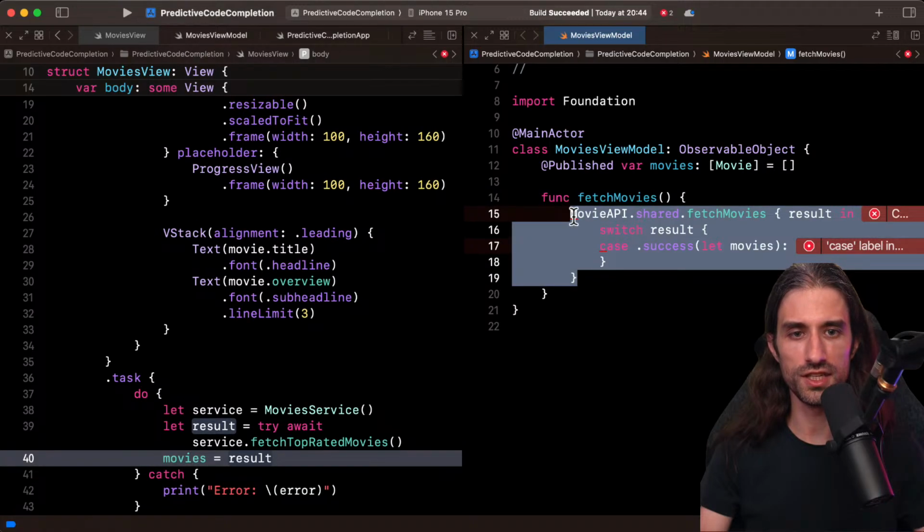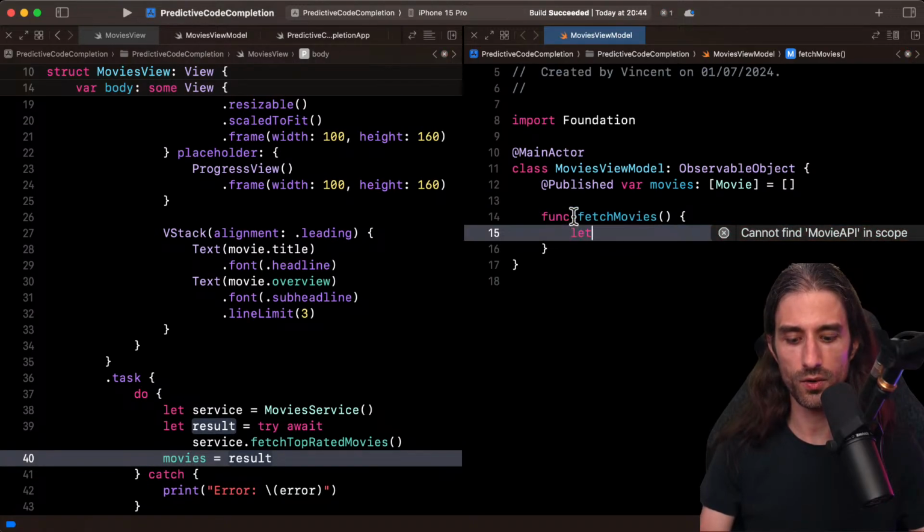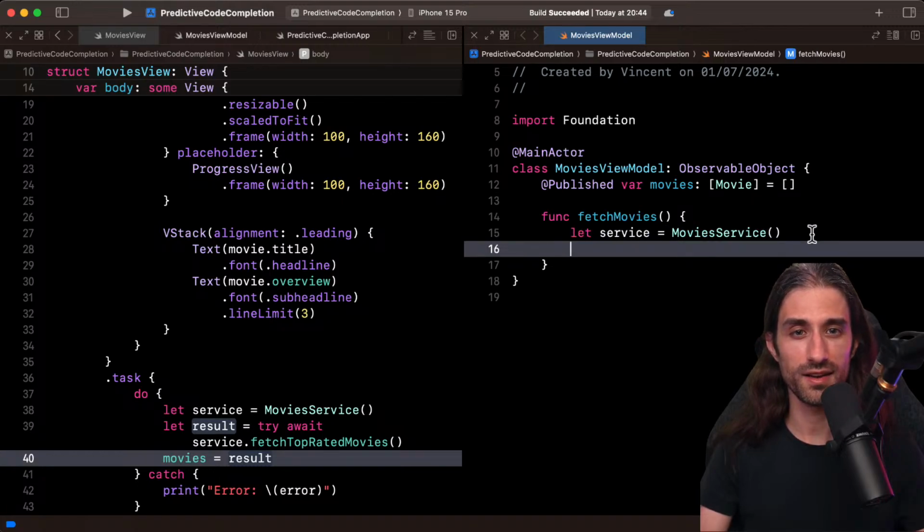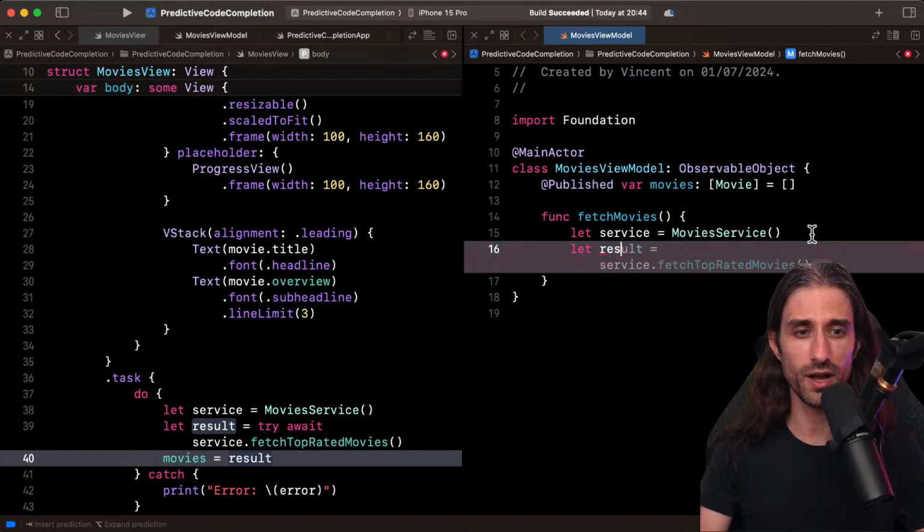Yes, I'm going to change this. I'm just going to try and write something like let service, just to see if it can take a cue from it. So you can see it still generated movie service without an S, which I did add. So I guess I didn't name it as the majority of people would name it. It also shows that with this kind of predictive code completion, as soon as you do something that is outside of what the majority does, then the tool is going to struggle more to help you.